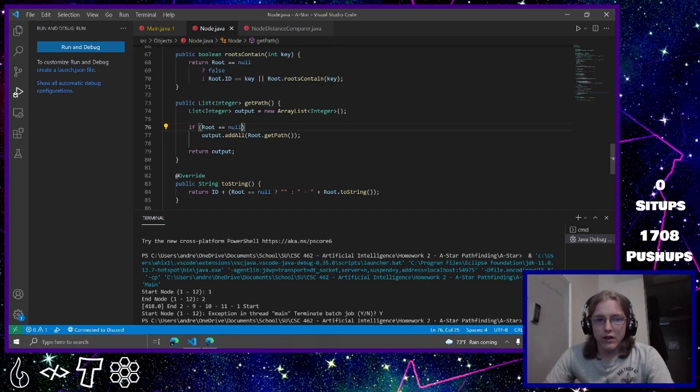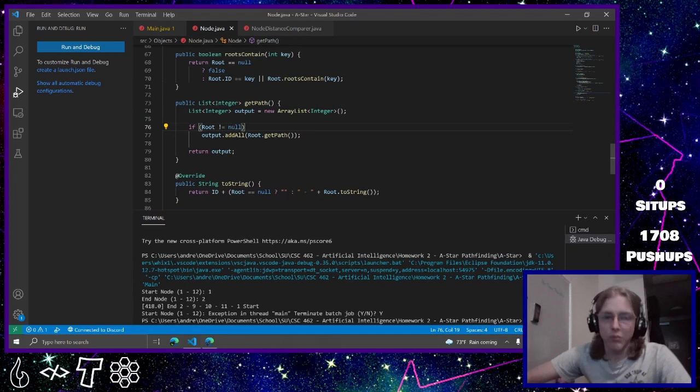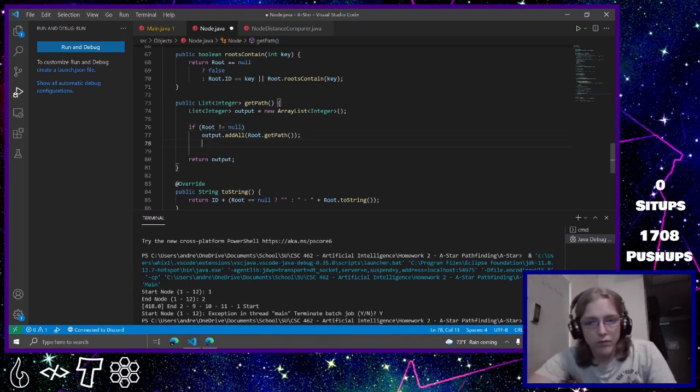So this is saying if root is null, so if this is the parent, then don't do this. Actually, I want, if it's not null, so if this is not the parent, then go and get the parent, else it would throw an error. So then I need to do